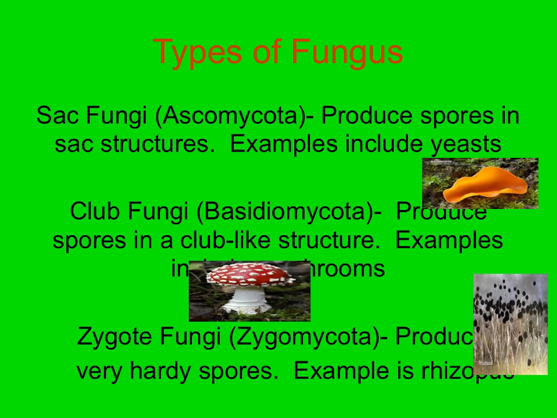Now, fungi are traditionally broken up by the type of fruiting body they produce. Some produce a fruiting body that is kind of akin to a sac, like for example the yeast, like a little bag or something. Some produce a club-like structure, like for example the mushroom. And then you have the thread-like fungi, or what are called the zygote fungi, which produce a fruiting body that looks like this. This is called a sporangium here, which is thin and fibrous.